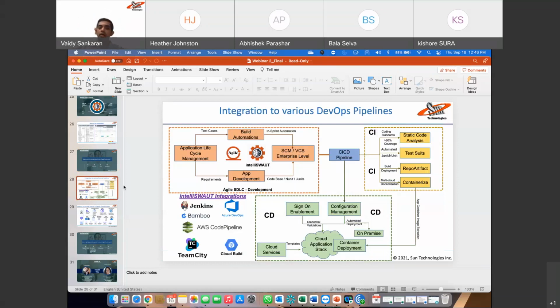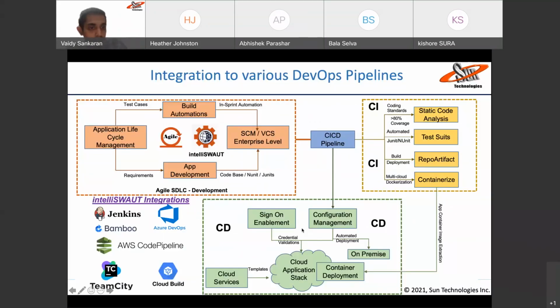Talking about how our DevOps process is going to influence digital transformation. What you see here is a level 5 maturity level of DevOps where Eddie, can you make it full screen, please? I'm sorry. Right. So what you see here is a level 5 CMMI level maturity of DevOps where you see